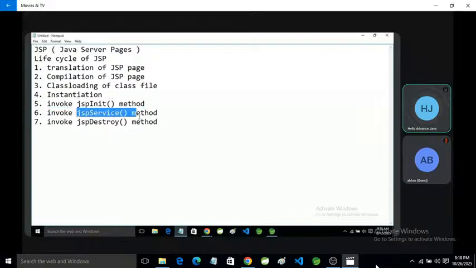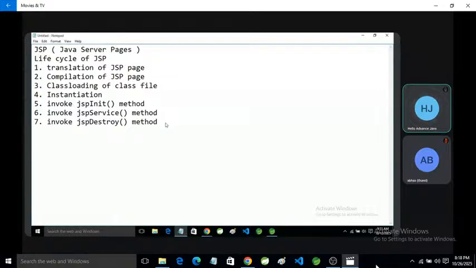After that, jspService will execute, just like the service method of Servlet, and jspDestroy will execute, just like the destroy method of Servlet. The service method will execute multiple times, and jspInit and jspDestroy will execute only one time in the whole life cycle. That is the life cycle of JSP.